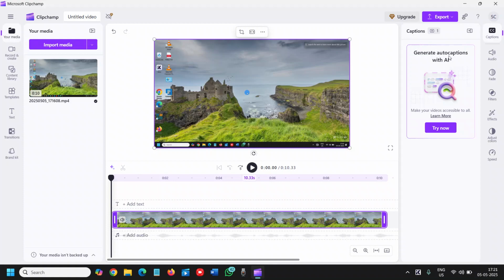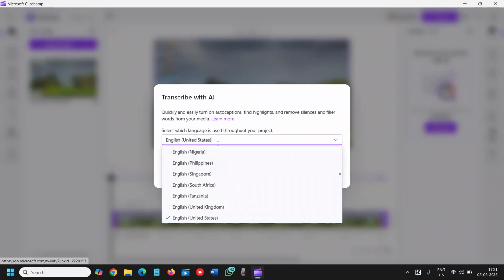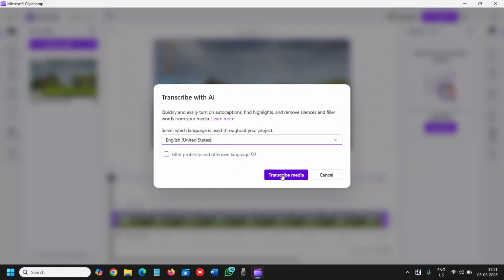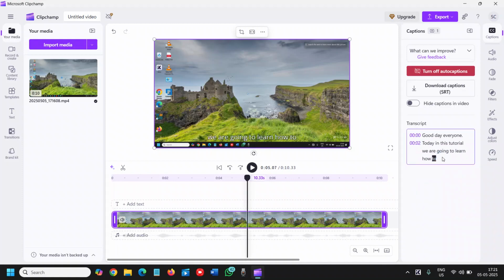Now it says generate auto captions with AI. Try now. I'll click on try now, and then we need to select the language which you want and select transcribe media. The moment you do that, at the right hand side you will see ongoing thing like it is happening right now. And now if I'll play,